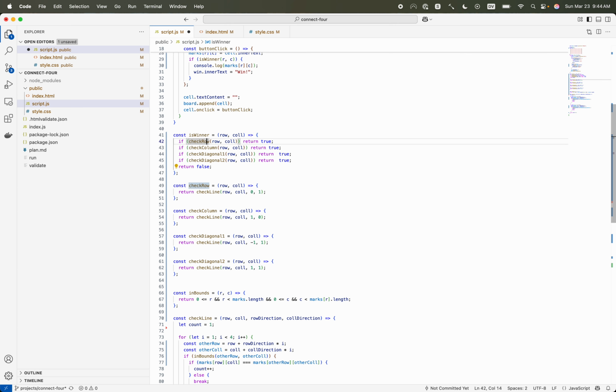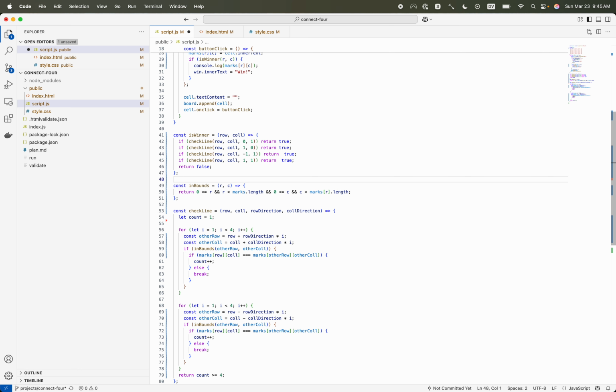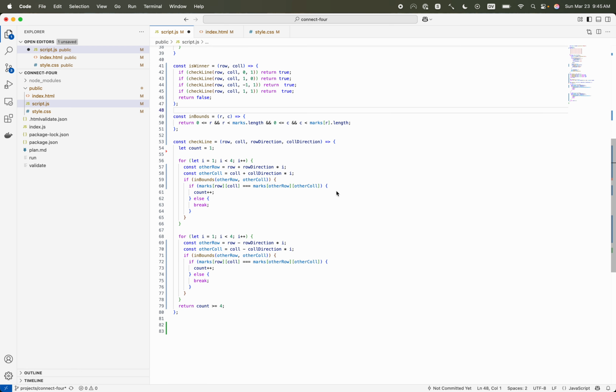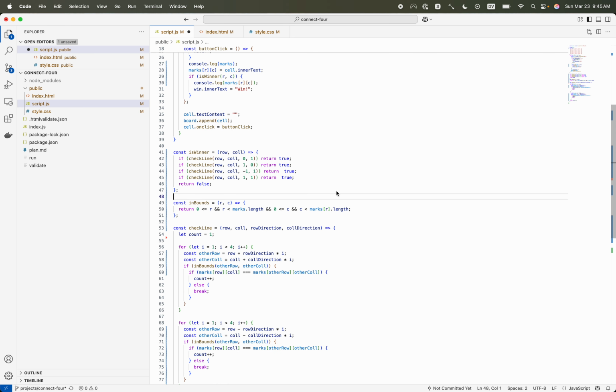get rid of those altogether and just say check line row column 0, 1, check line row column 1, 0, check line row column -1, 1, and check line 1, 1. And now I can get rid of these. And then as the very last step of this adventure,